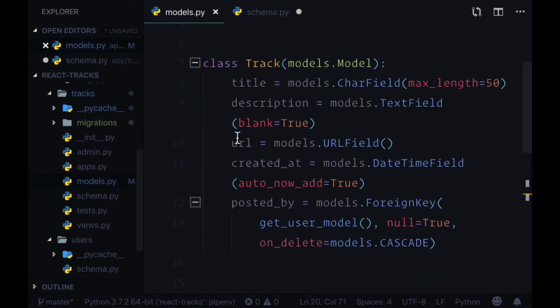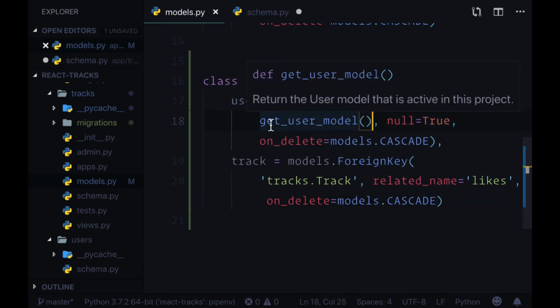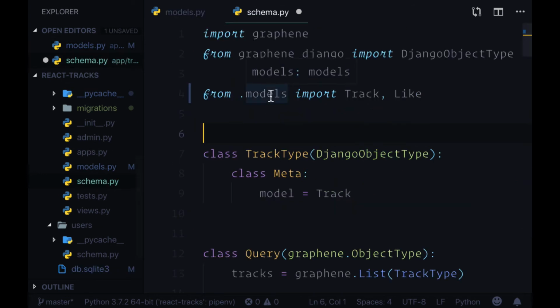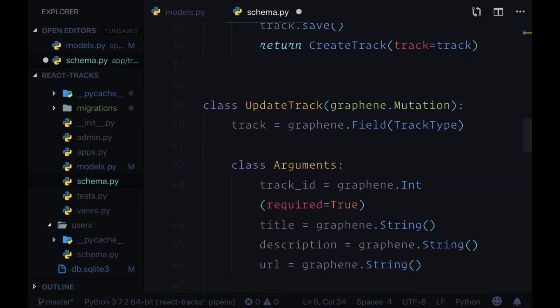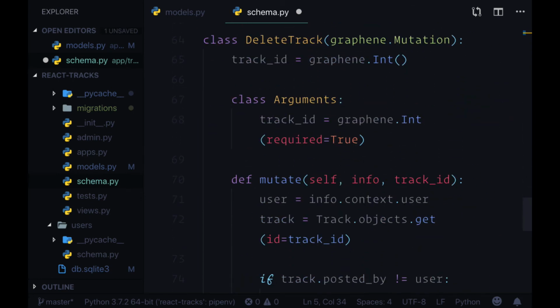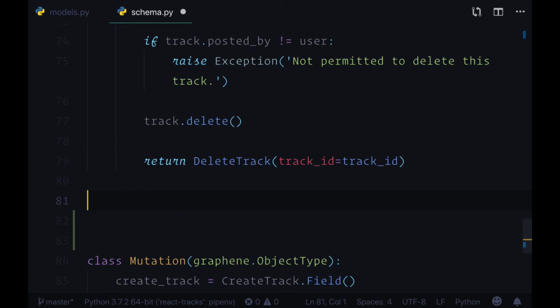And since our new Like class requires information about the user, we'll bring in from users.schema UserType. So down at the bottom, underneath DeleteTrack, let's add a class CreateLike,